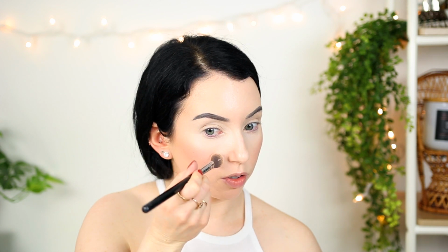Dipping my brush in, it feels pretty dry. It's like not a powdery formula at all. You almost can't tell you're getting something on your brush. Ooh, look at that. Oh, that's pretty. This is growing on me, I think. It's intense. This is an intense highlight, and it's definitely not super smoothing over the texture,